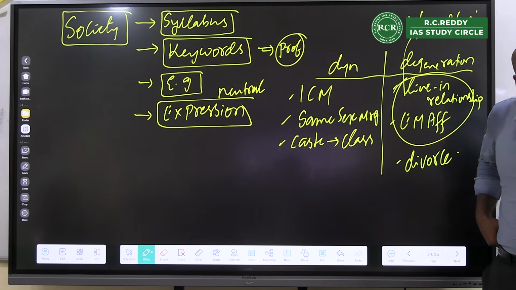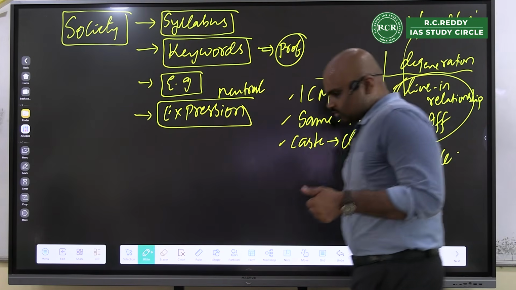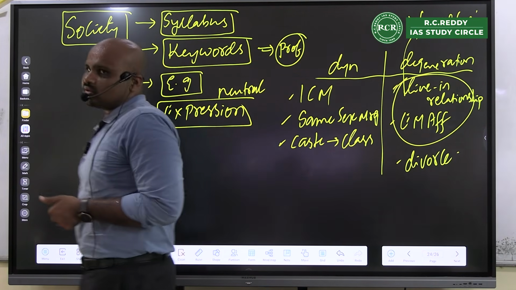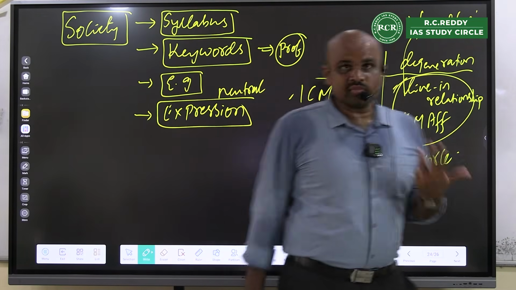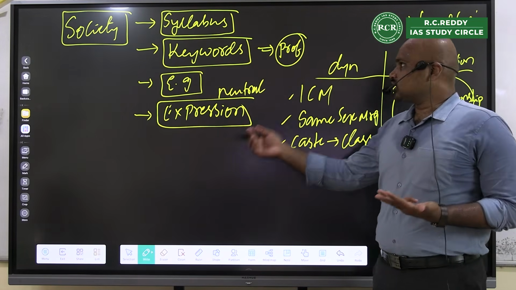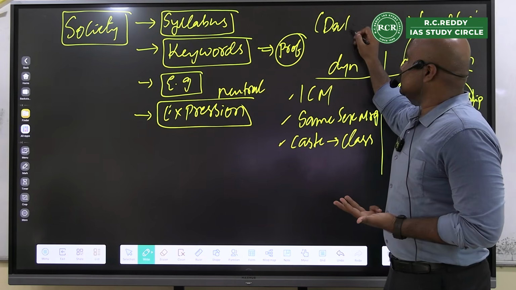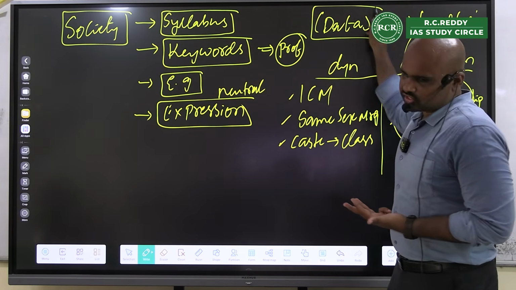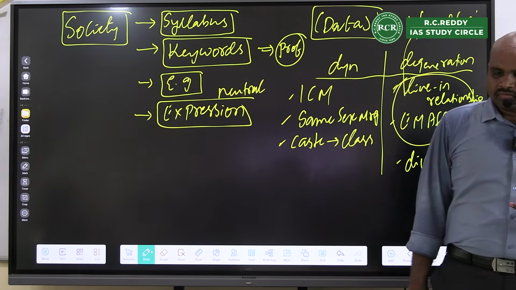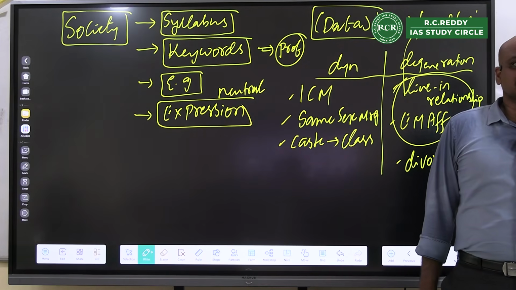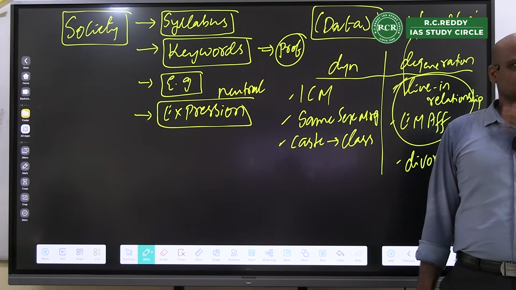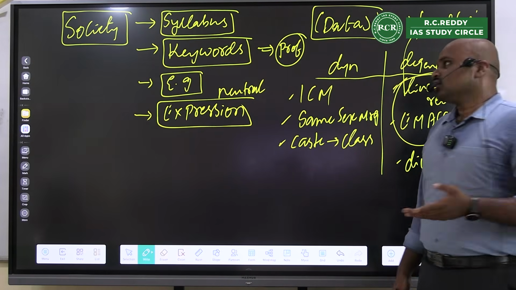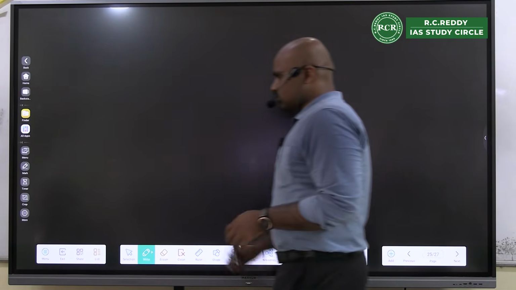So whenever I am talking about society, any given day the syllabus plays a key role. Keywords, examples, and more importantly, neutral expression. And any given day I will have to substantiate this with data. So with respect to GS1, this is the basic understanding. Now if I shift to some subject like economy,